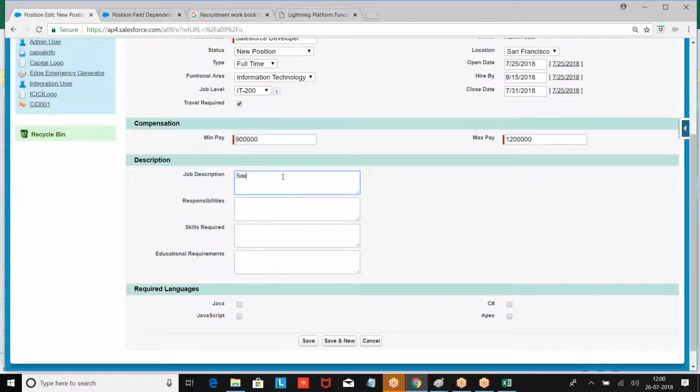Job description. Some data I am giving. Skills, responsibilities.